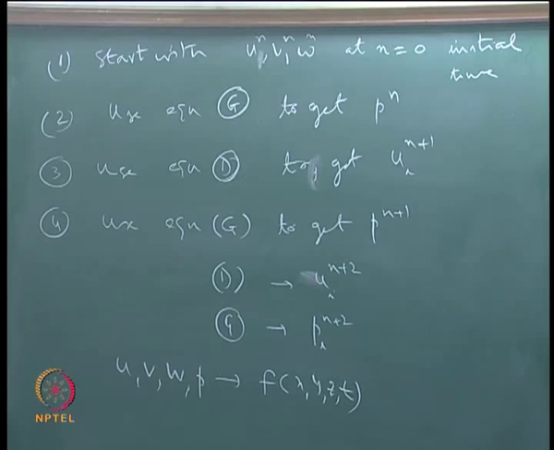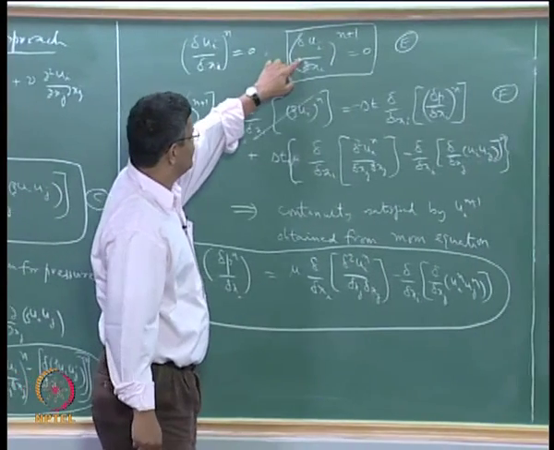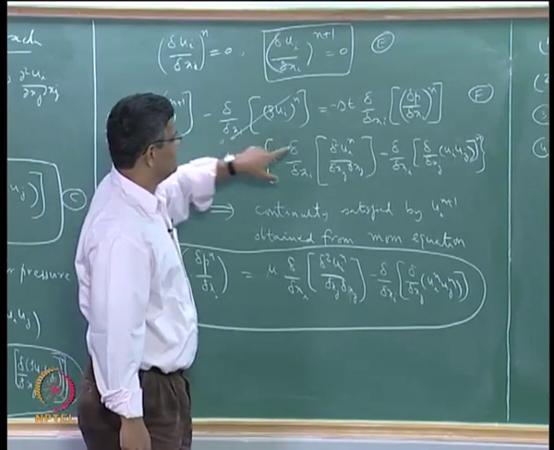And we note here this is the overall method. In this we have not made any assumptions about either two dimensionality or compressibility or any such thing. We are just evaluating them in such a way that we are solving equation A and equation B. Where are we solving equation A? In the discretized form in equation D to get u_i at n plus 1. And how are we solving equation B? Here we are putting it in a discretized form in order to get the pressure field.